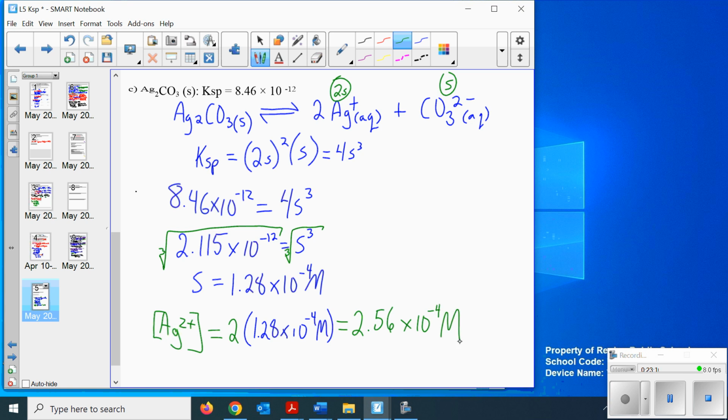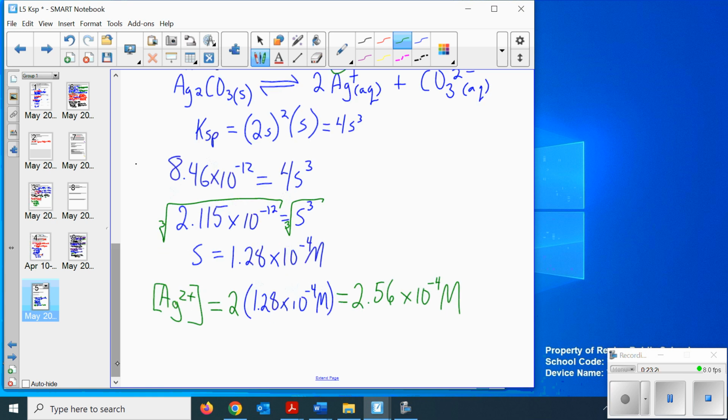Whereas this carbonate is a 1S, so there's no calculation required. Up top, we said it's a single S, it's the same thing. You gotta listen. That problem